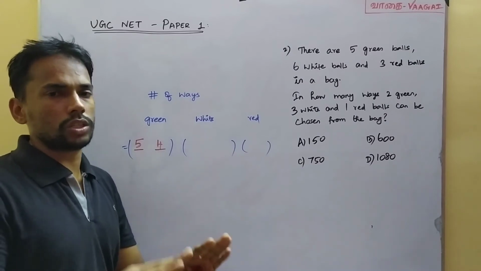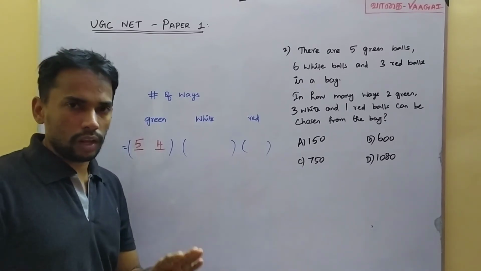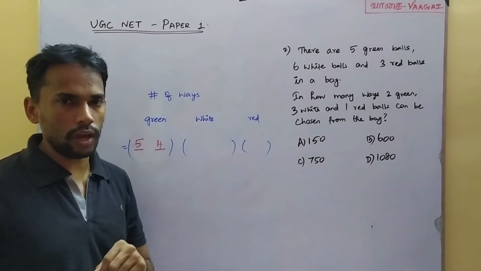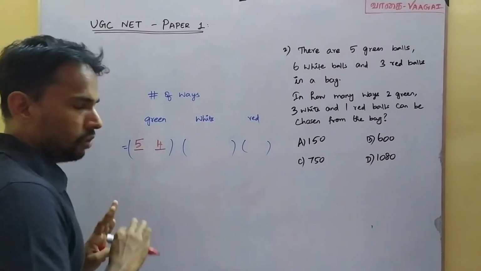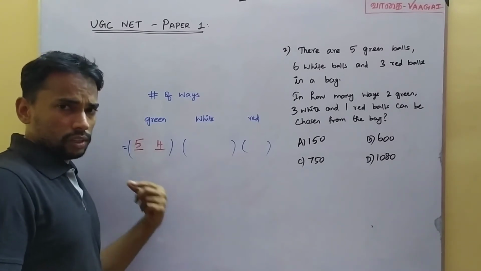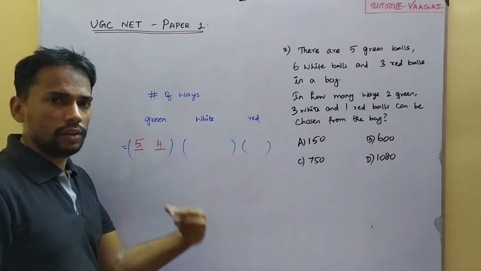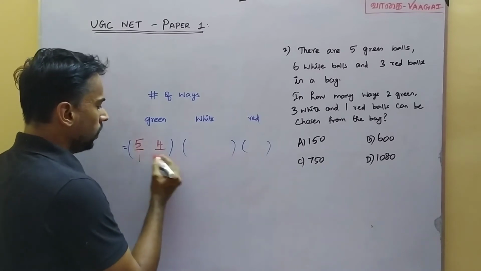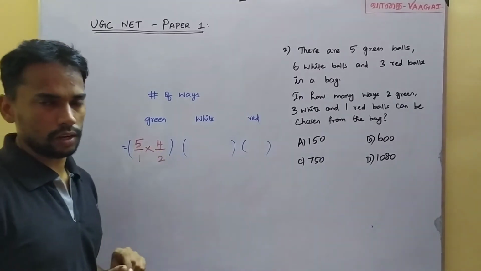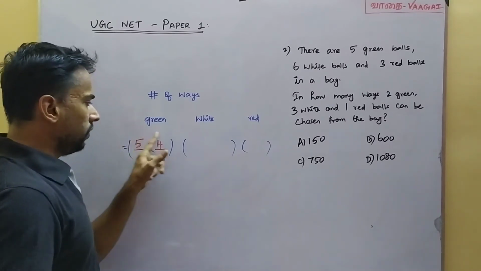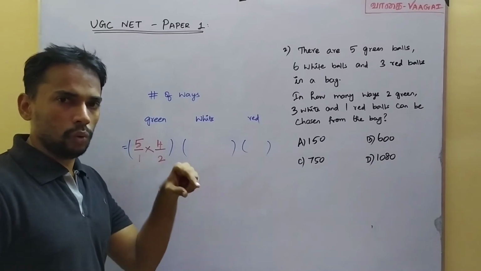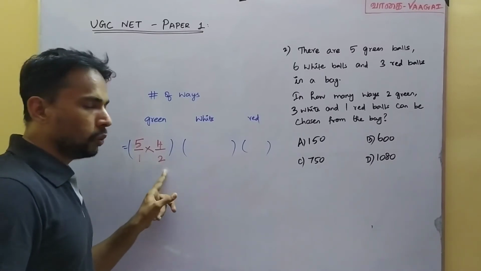But our calculation is not yet over. Here is where we need to be a little careful, and here is where that extra step comes. Kindly be careful. Listen carefully. This step alone is not the end. Now after this, we are going to divide by 1 into 2. So this will be our complete calculation. I think you are sure with 5 into 4 till that. But after that, we have to divide it by 1 into 2.